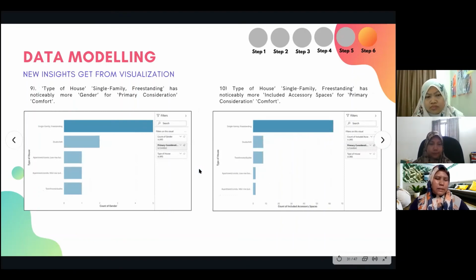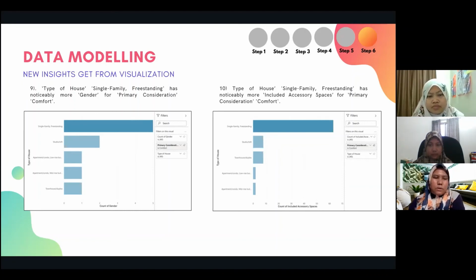And number nine, type of house, single family, freestanding, has noticeably more gender for primary consideration comfort. And the last one is type of house, single family, freestanding, has noticeably more included accessory space for primary consideration comfort.